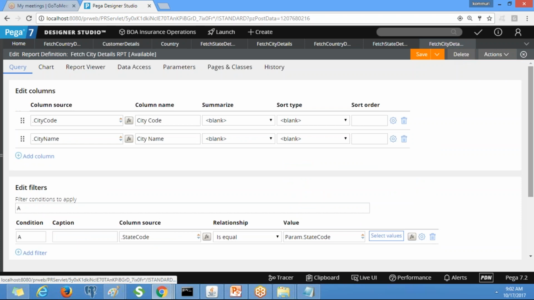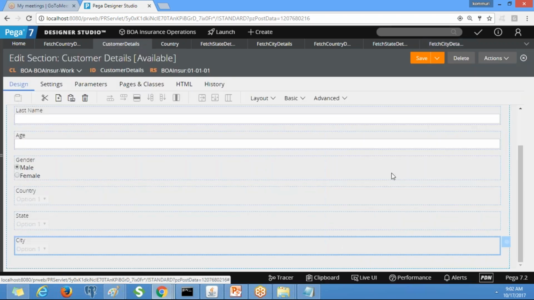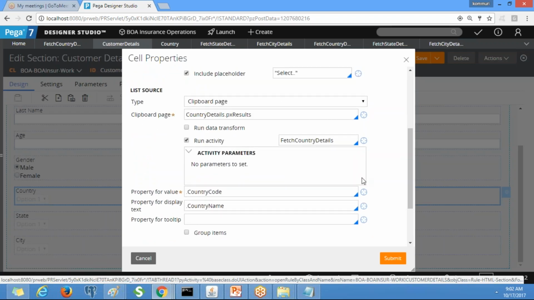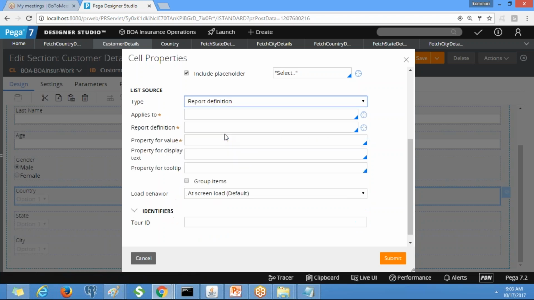Now tell me where I need to reference these report definition rules. Go to the properties. We need to change the list source type. Earlier we selected clipboard page and given activities. Now I'm going to change it to report definition.